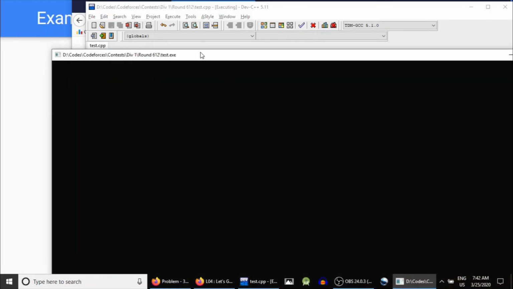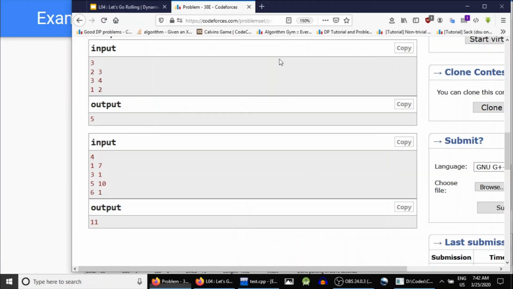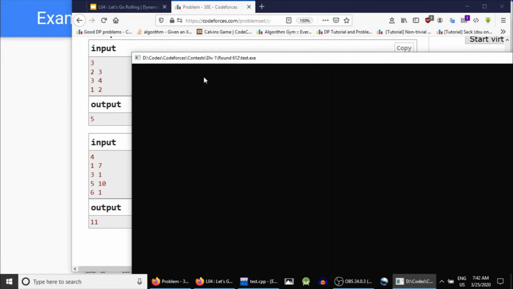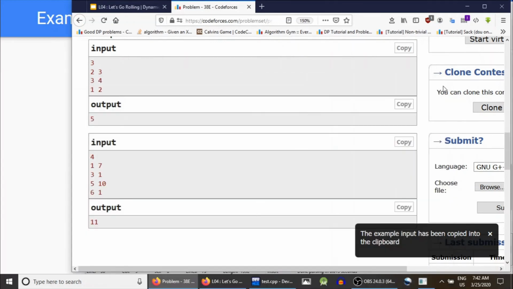Okay, now we are up and running. Let's see the test cases. This is the first test case. So the answer is 5. As you can see here, it is the 5. For the second test case,